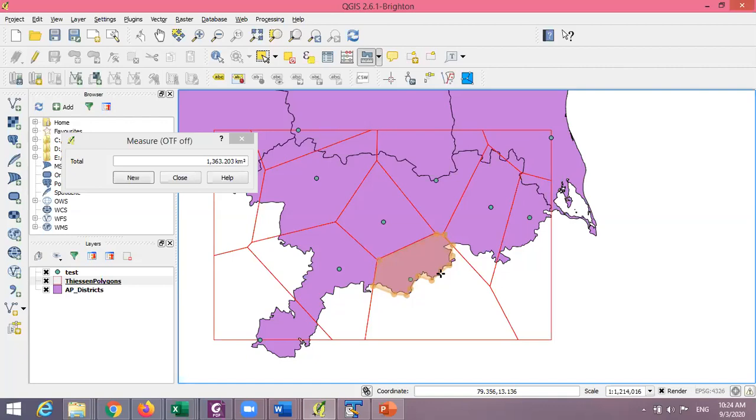So I'm going to send the whole class an Excel file with the rainfall data for an entire year for the whole of Andhra Pradesh at about 1,200 or maybe more rainfall gauges all over the state. At least in the district of Chittoor, I have drawn only 10 rainfall gauges, but in reality, Chittoor district has 120 or 130 rainfall gauges.